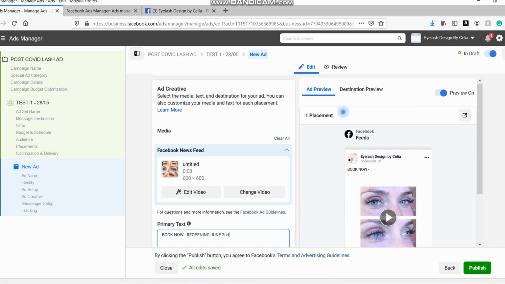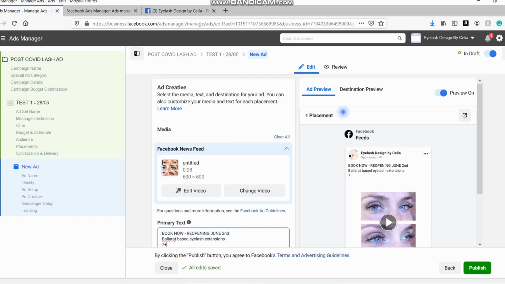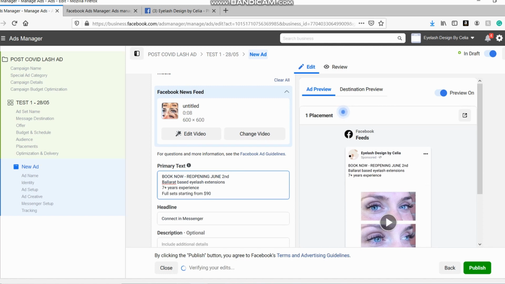And then I'm going to go Ballarat based eyelash extensions, 7+ years. Sorry, I scroll down. Then I'm going to go full sets starting from 90. So I charge 90 for classic full sets, and then I charge 100 for hybrids. And then book now via